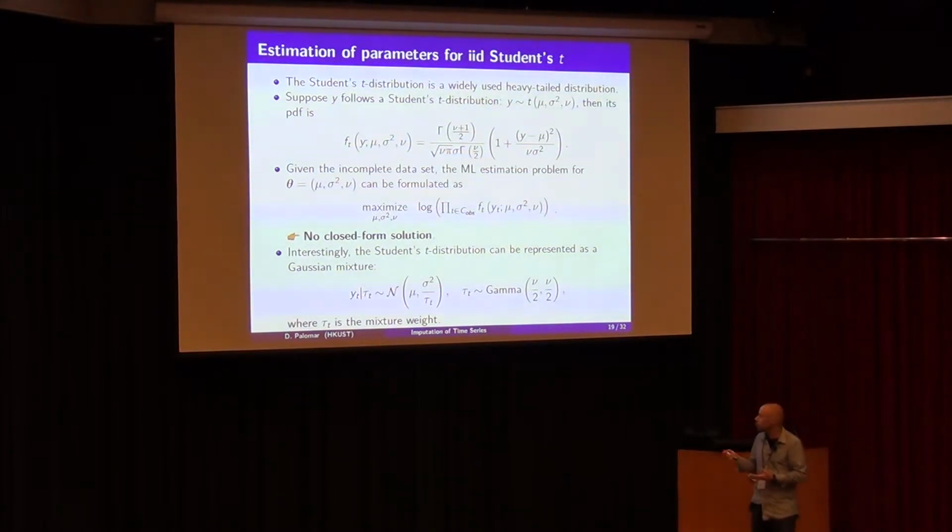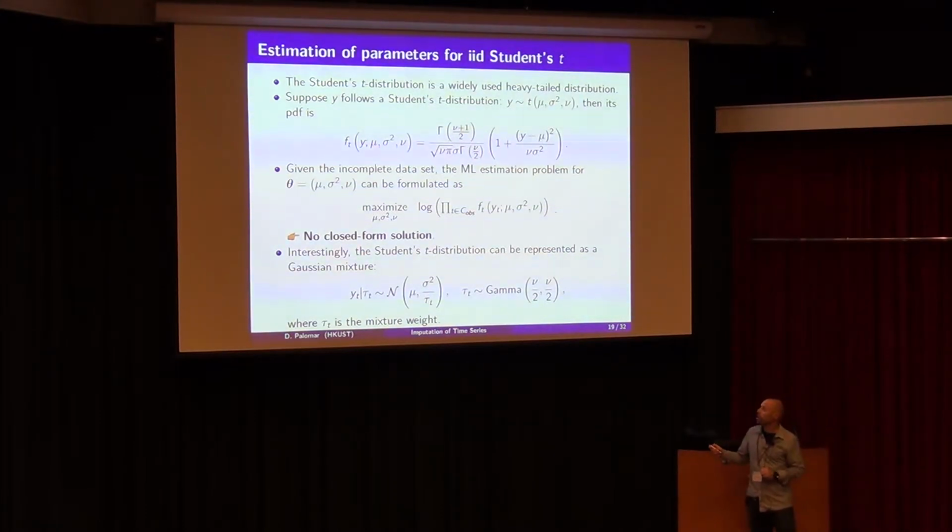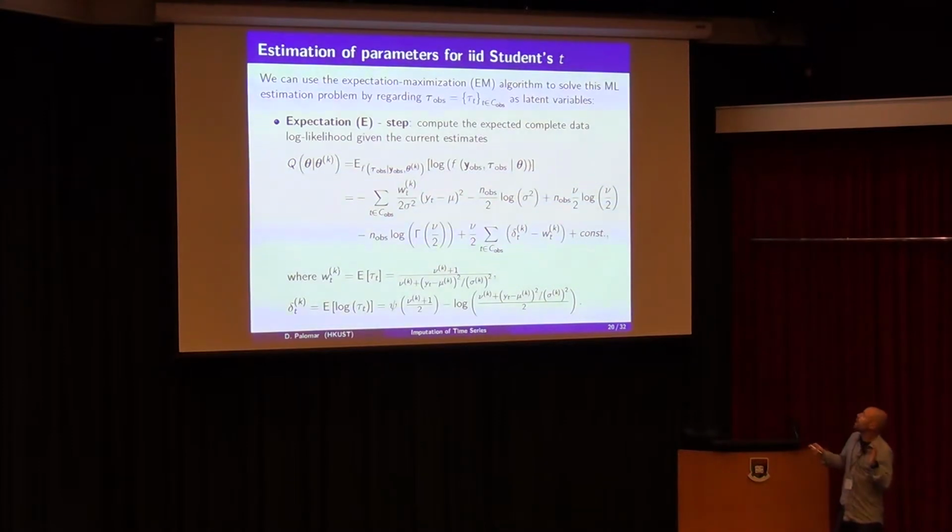And you can do that, but of course then you need to deal with these hidden variables, and the way to do that is with the EM algorithm. You can use EM to deal with that. If we do that, we are going to be able to get a closed form solution. So anyway, we do that. It gets nasty, right? You need to do all the mathematical development, because basically what EM is going to do,